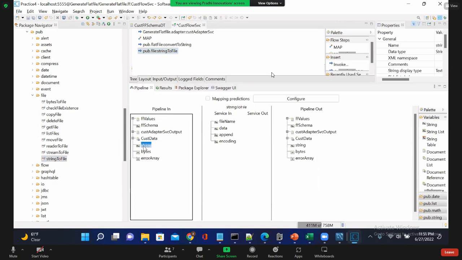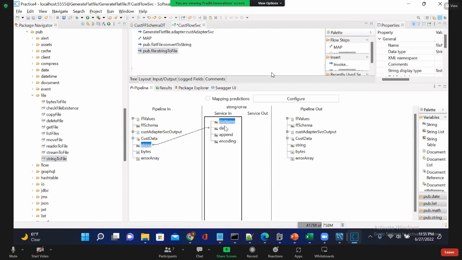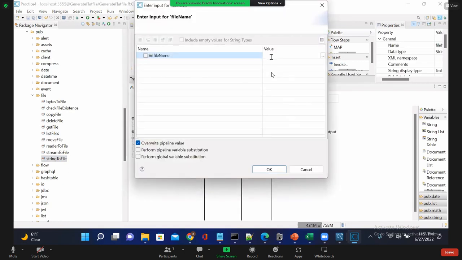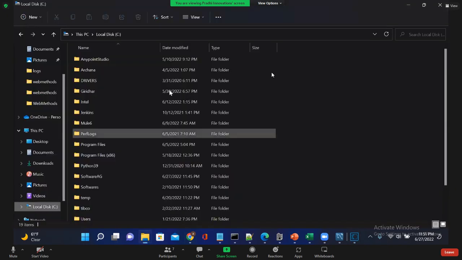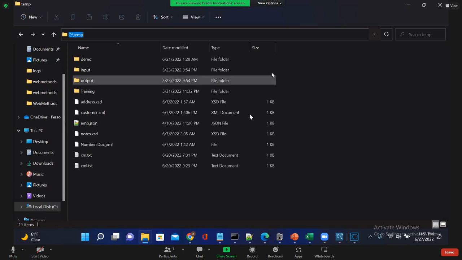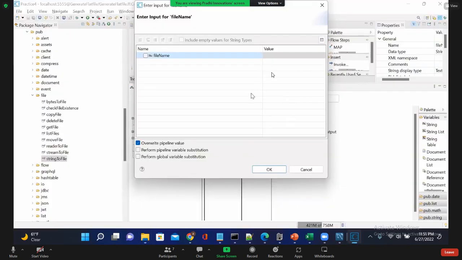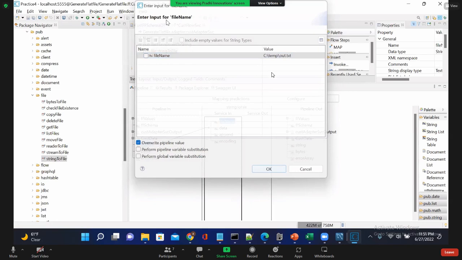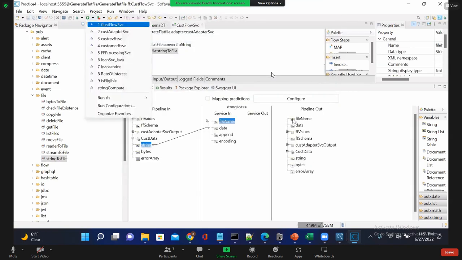This string to data, I will map it here. And this one is the file name. I can write some file name here. I will go to some temp folder and give some file like out.txt. Let me click and see. It throws an error,